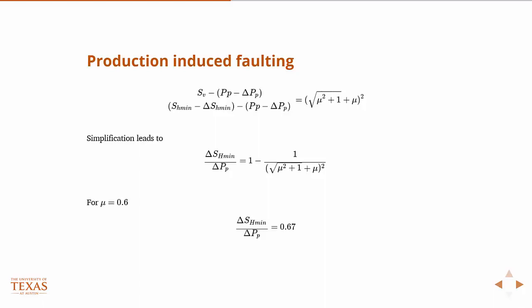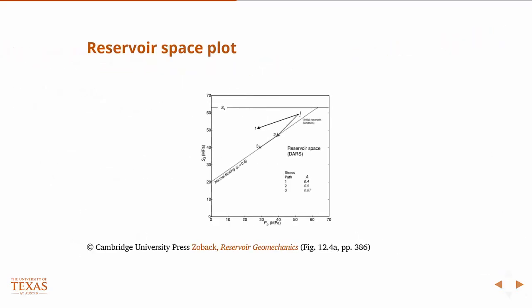if it's above this value, then you're going to promote normal faulting, because these equations came from the assumption of normal faulting. So if you're above that value, then you're going to promote normal faulting. Okay. And so